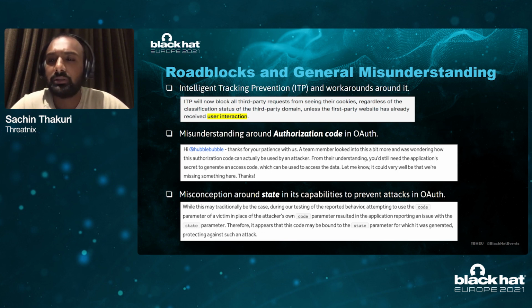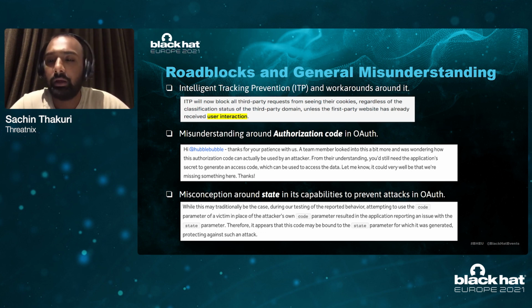ITP uses a machine learning model to detect cross-site tracking capabilities, and it aims to reduce them by taking different actions such as full third-party cookie blocking, reducing the accessibility and longevity of first-party cookies, local storage capping and deletion, downgrading third-party referrals, and more. Due to the nature of the attack, where it relied on making third-party requests, ITP rendered the attack unusable on the latest versions of WebKit, which was really frustrating, and we needed to find some way to